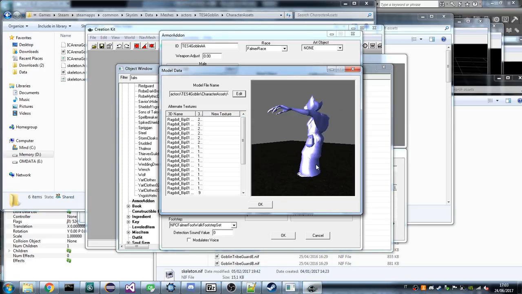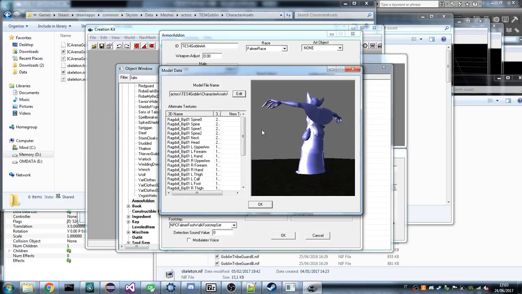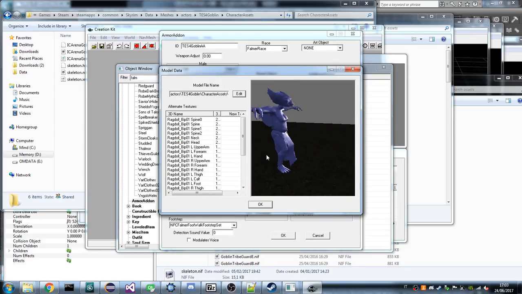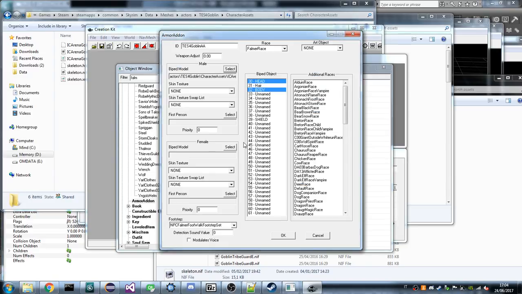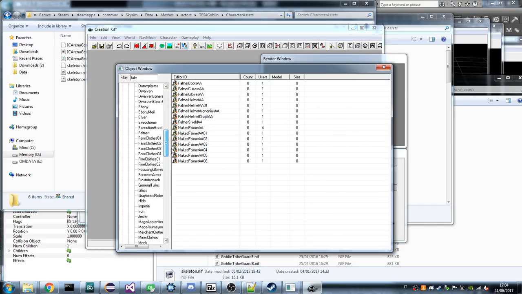Yes. You see, this was badly exported because it also has the ragdoll nodes in the meshes. Even if you can see them, this is not correct and should be exported without all this stuff. But maybe that's why it didn't work. Yes, I want a new form for that,